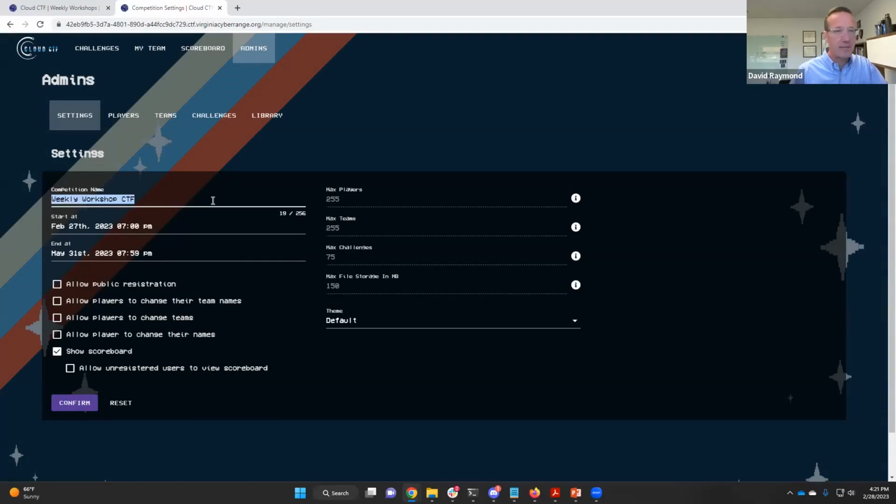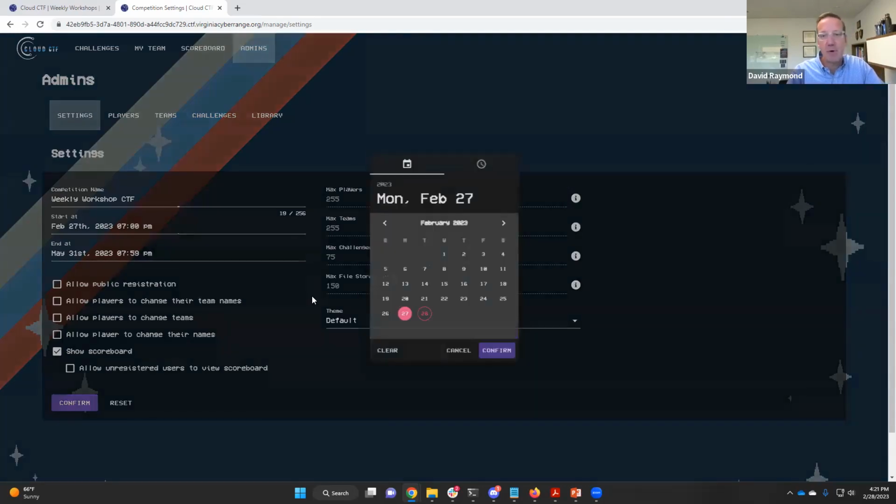And we'll take a look at that in a minute. I can also change the start date and the end date of the CTF. This is useful if you're going to use this for a specific event and you want to define the start time and the end time. So for example, if I want to have a CTF this evening for my students and I want it to start at